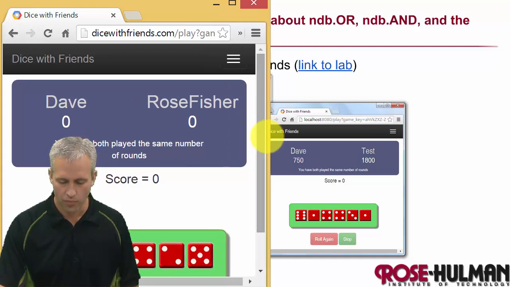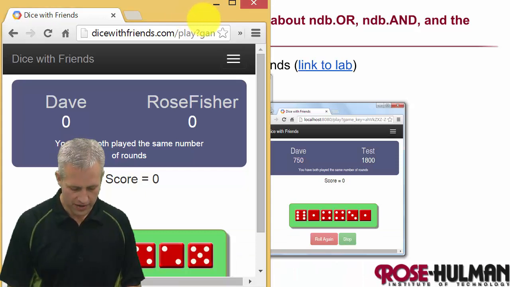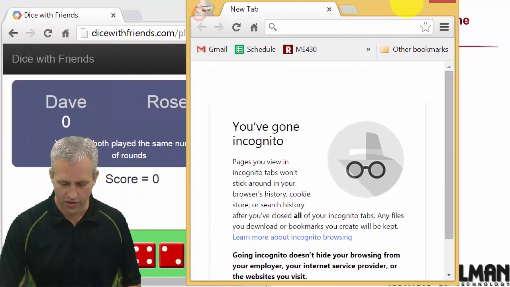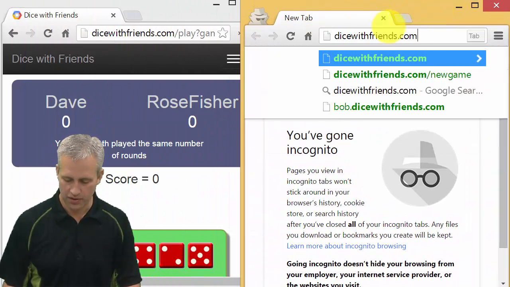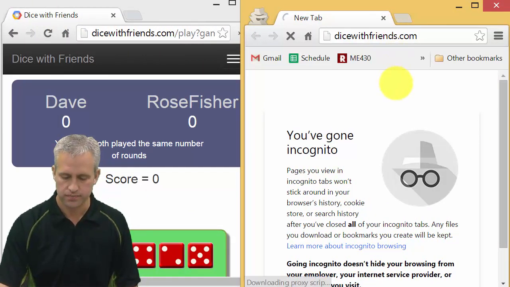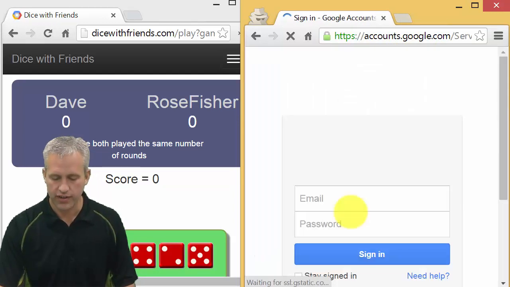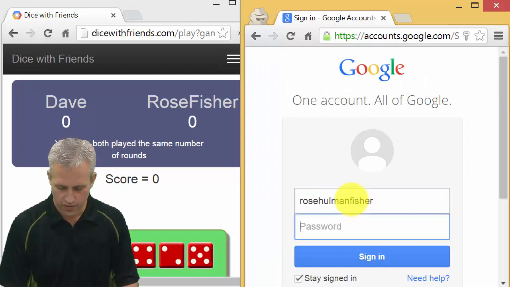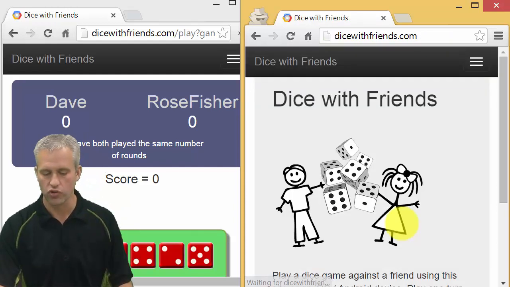And it's actually going to help me if I just have 2 tabs open. To make an Incognito tab, you hold down Shift-Control-N, and then you can open up an Incognito tab. You can see the little guy up there. All right, so I'm going to make this one go to Dice with Friends, and I'm going to sign in over here as Rose Holman Fisher. Note that I don't need to add the Gmail when I'm signing in because Google knows how to handle it,